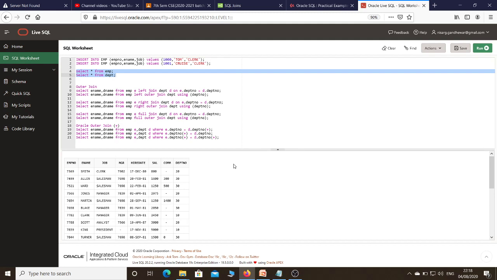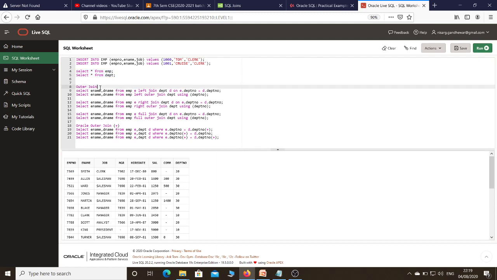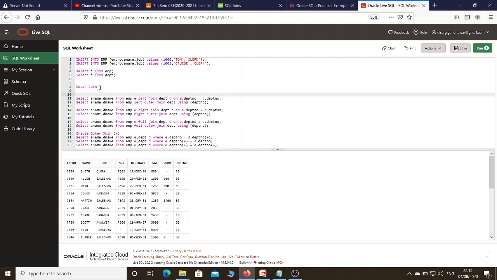So in that case, one logic that comes to my mind is to use an inner join operation. Suppose I plan to make use of an inner join or equijoin. Inner join, equijoin, and natural join, all these are the same. Suppose I need to execute the query using this, so I just copy this query. This is the outer query.